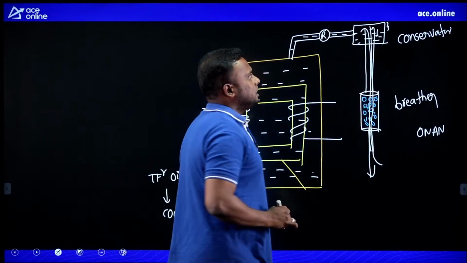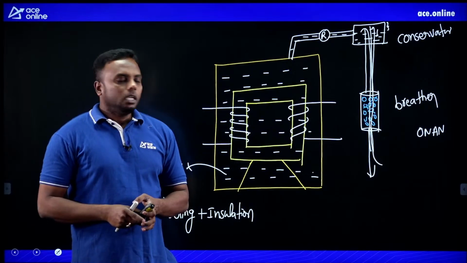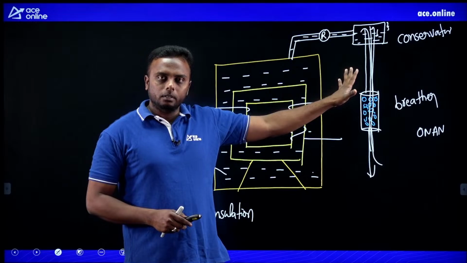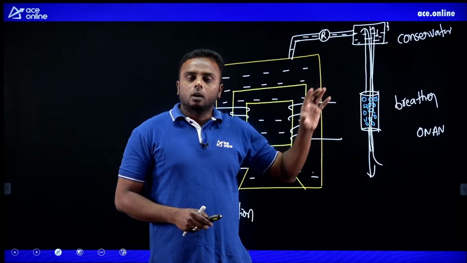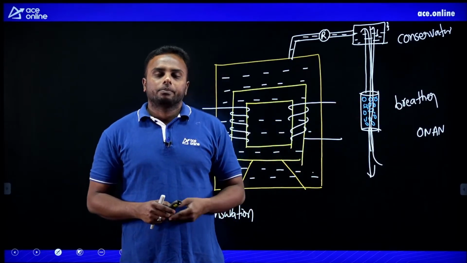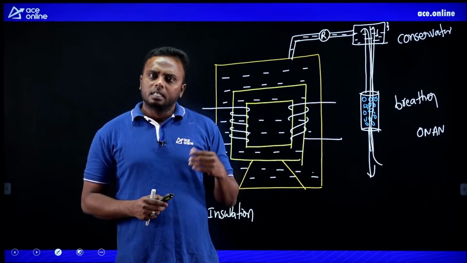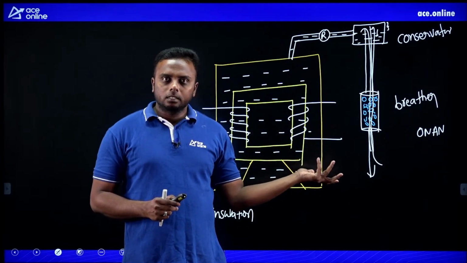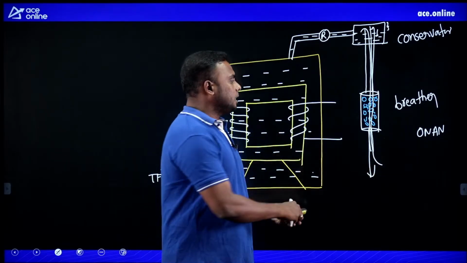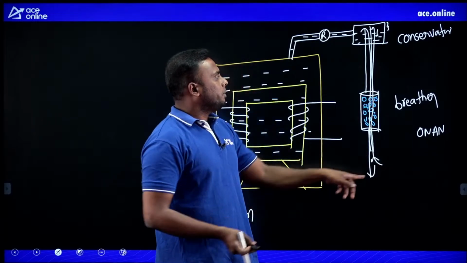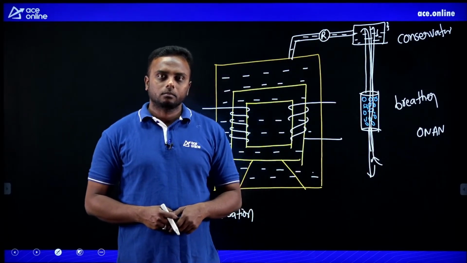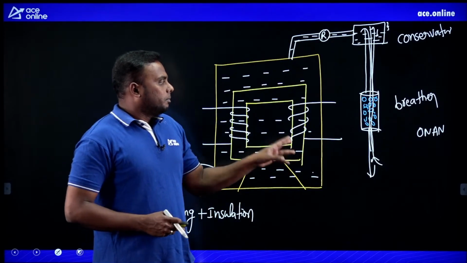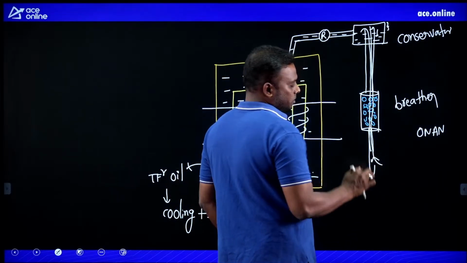If the air goes directly inside the conservator without any breather process, then the outside air will have pollutants like dust particles and moisture content, because outside air is not pure air. That air directly entering will damage the properties of the oil, so it will definitely reduce the life of the transformer. That's why the main problem here is humidity, the moisture content